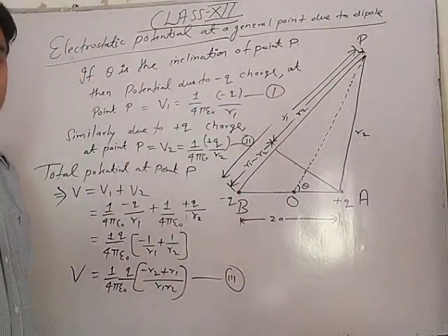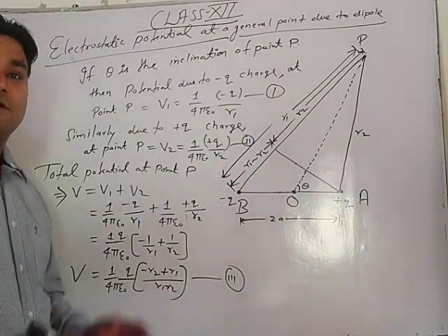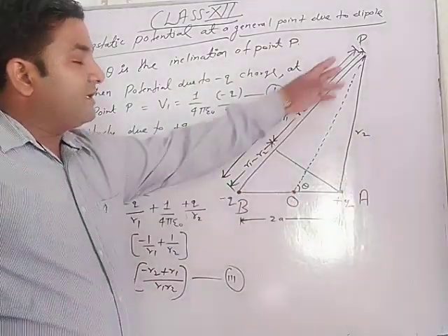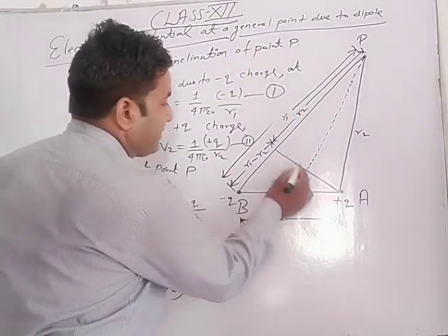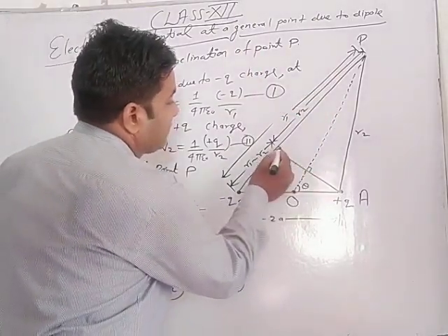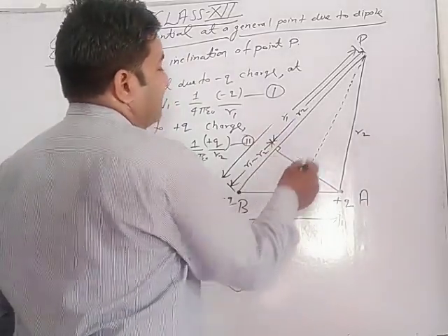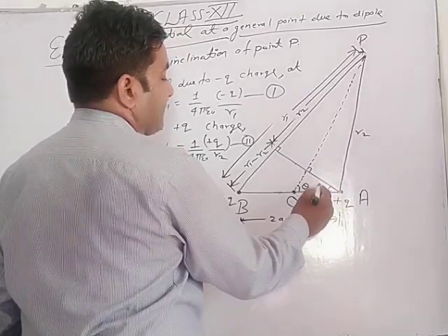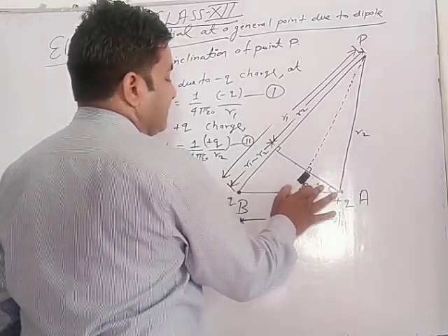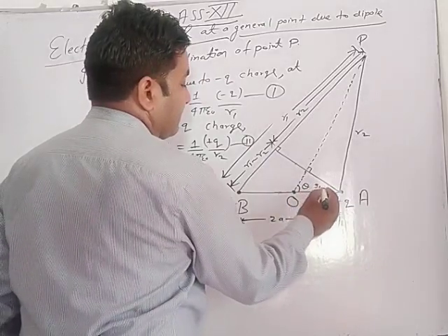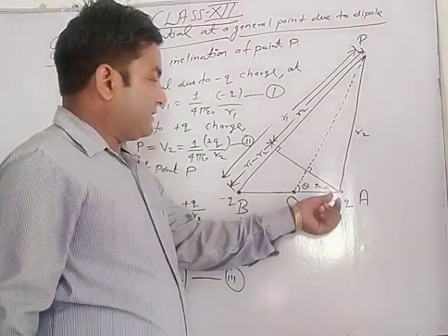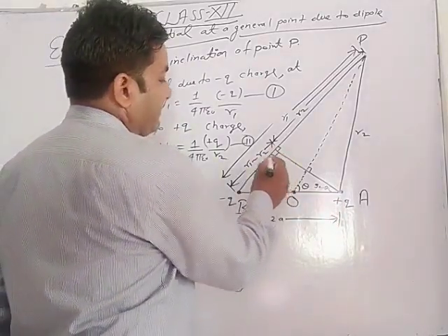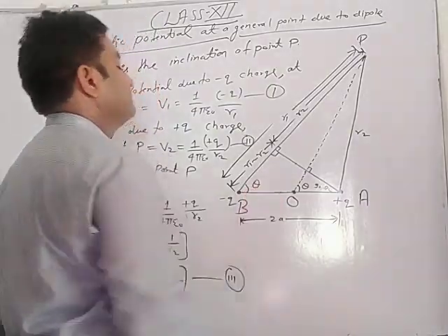Just see, after making equation 3, we will assume some conceptual terms. Here, this one theta: if the point P is at a very far away distance, then this angle will also be about 90, and these two lines will be approximately parallel. This one will be 90 minus theta. And whenever this is 90 minus theta, then this one will also be 90, and the remaining will be theta.